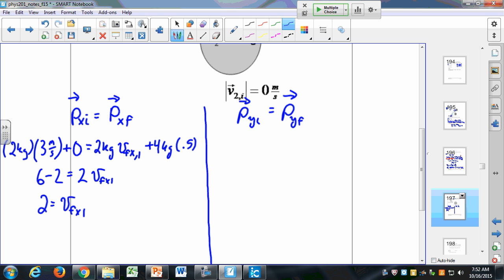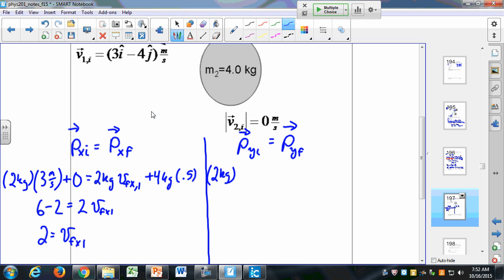Then I'm looking for the final velocity of the first particle, and I'm told in the problem that the second particle is moving at half a meter per second in the positive x direction. So the only momentum that the second particle has is in the x direction. And then I solve this for v1fx. That's the x component of the final velocity of the first particle. I do the same thing over here. 2 kilograms times -4, right? Was it -4? Yeah, times -4